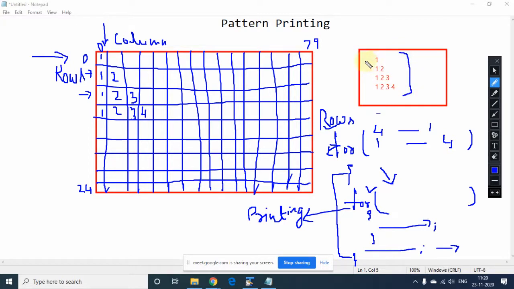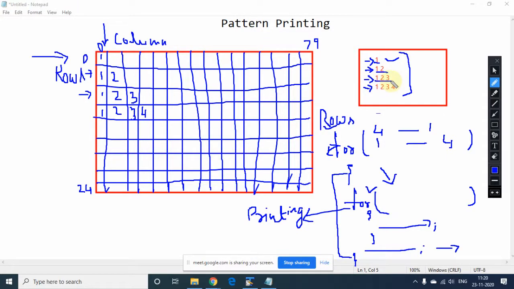As you can see in this example, every time the printing starts with which number? Who will tell? Sir, 1. Please pay attention. The first time the printing goes from 1 to 1. How many times is the printing happening the first time? 1. Very good. The second time the printing starts again from 1 till 2.